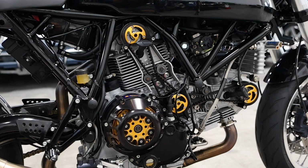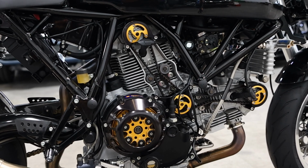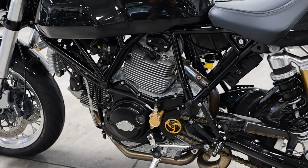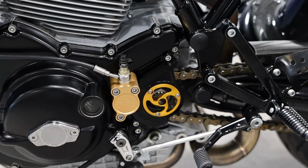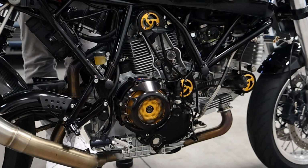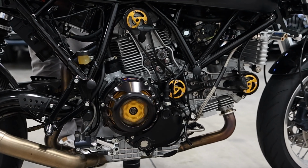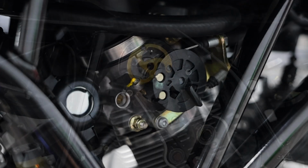Power comes from an air-cooled 992cc L-twin desmodromic engine rated by the factory for around 92 horsepower and 67 pound-feet of torque, with Marelli electronic fuel injection and an oil cooler, paired with a 6-speed transmission with a dry clutch and drive chain. The engine was also fitted with a Ducati Performance airbox, ECU tuning chip, exposed timing belts with